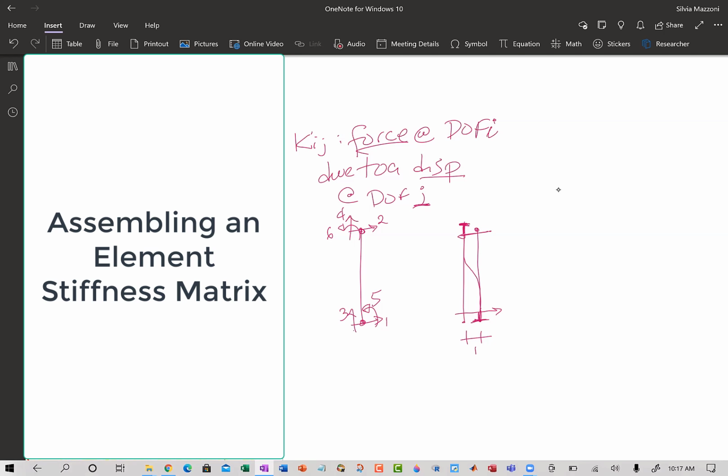And so for me, all these Kij are the forces. So the Kij, all of them, are all the forces at the degrees of freedom, at the DOFs, that